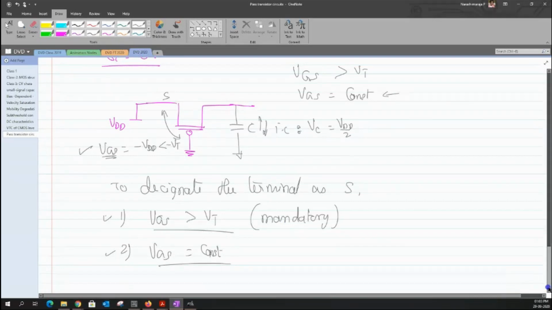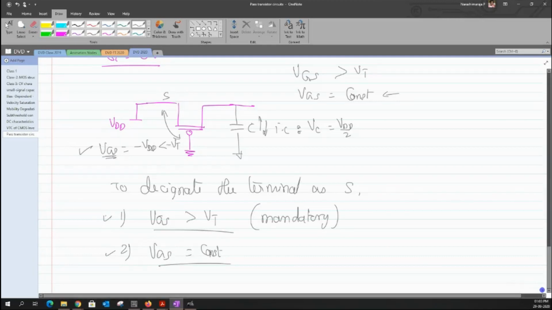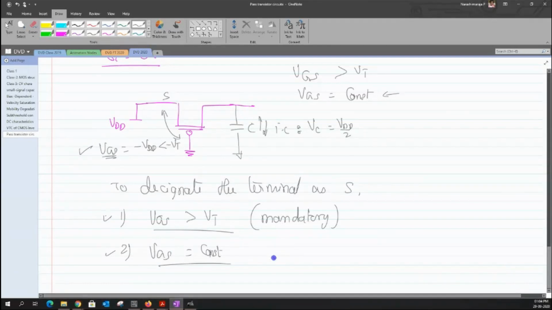Hope that it makes sense. I'm trying to make a kind of methodology through which you can think and process your terminals, deciding which one to consider as a source and which one as a drain. Because as far as the MOS transistor is concerned, the terminals are interchangeable. It is not like a BJT, where the collector and the emitter cannot be interchanged. As far as the MOS structure is concerned, we can choose either terminal to be the source, and the other terminal can be taken as the drain. Because of that freedom, we can do this kind of processing.